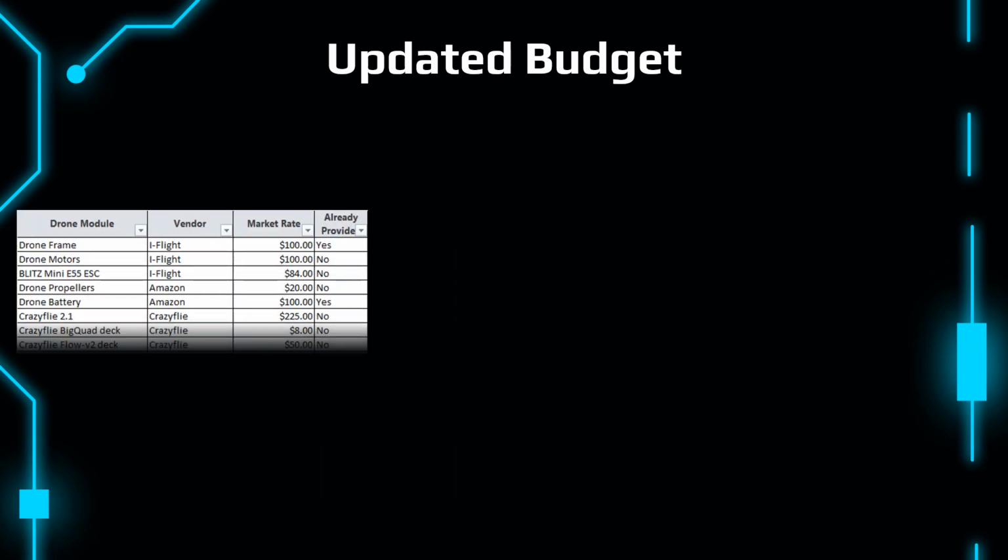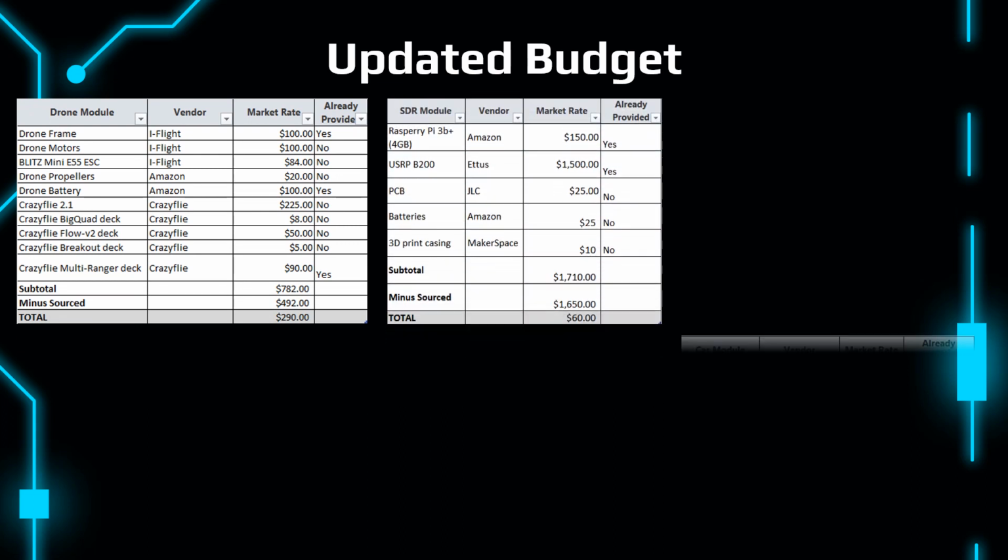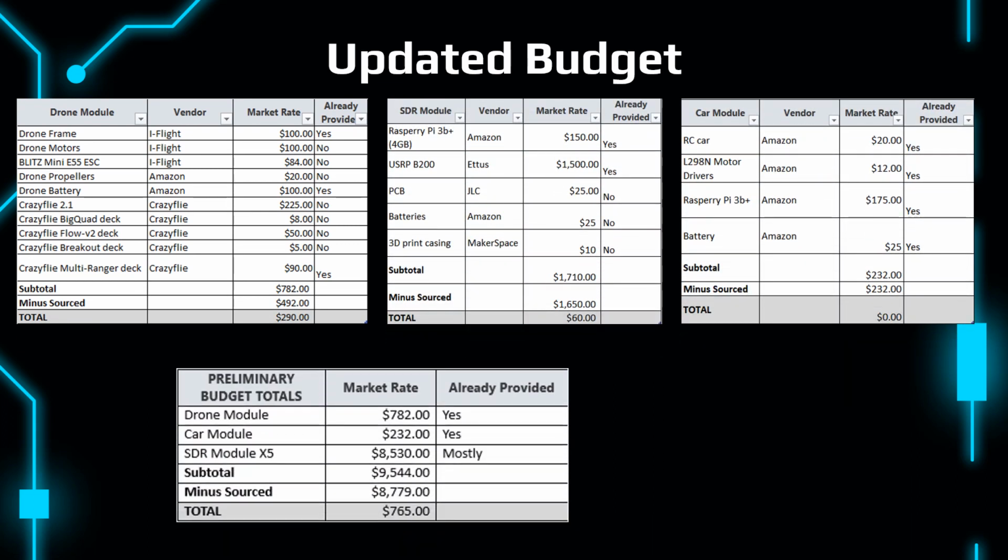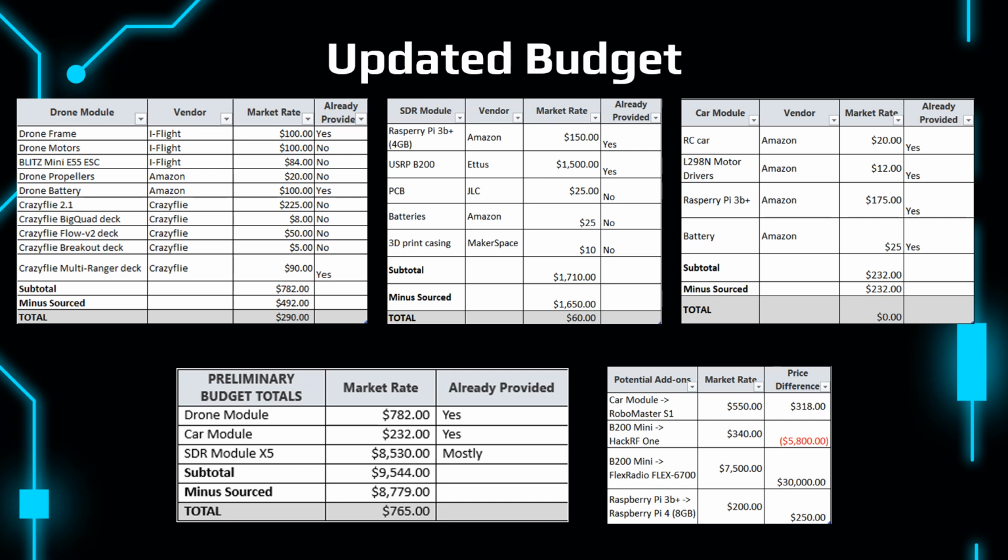Here is our budget, which is separated into 5 categories to make it easier to follow: 1 for drone, 1 for SDR, 1 for car, 1 preliminary budget total, and 1 potential add-on. Overall, the majority of our add-ons were provided to us. We spent